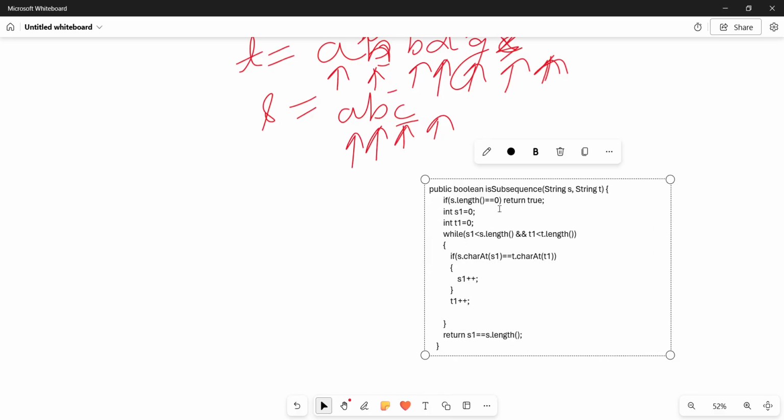So this is the code. First I will check if the length of s is equal to 0, then I will return true, because I don't need to check in the string. If I still check, I will get the same output. So I don't need to traverse the t string completely. So I will check beforehand if the length of s is equal to 0,